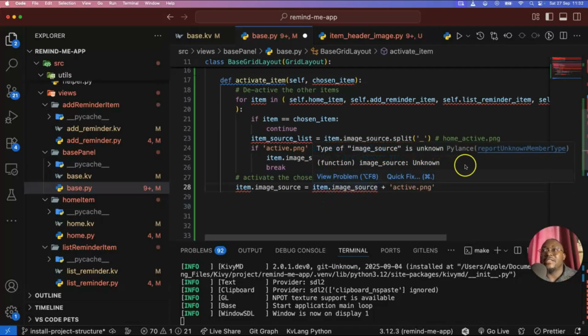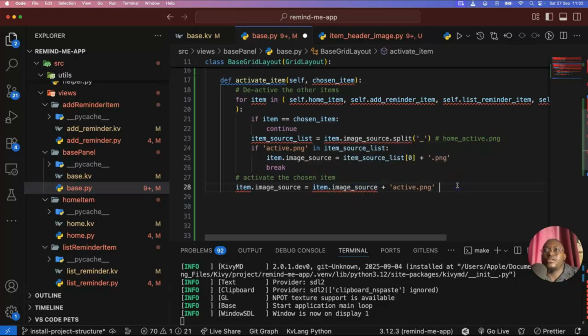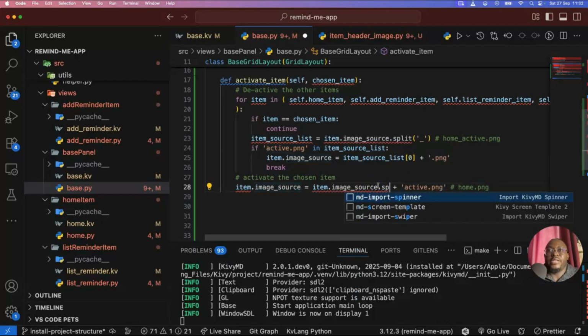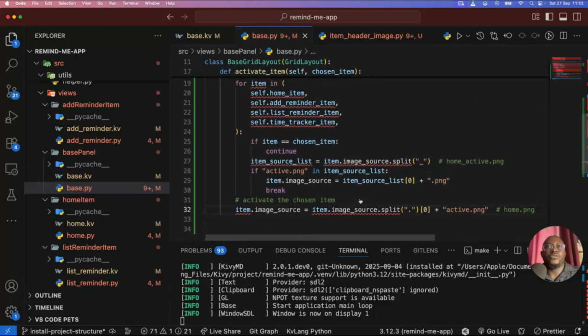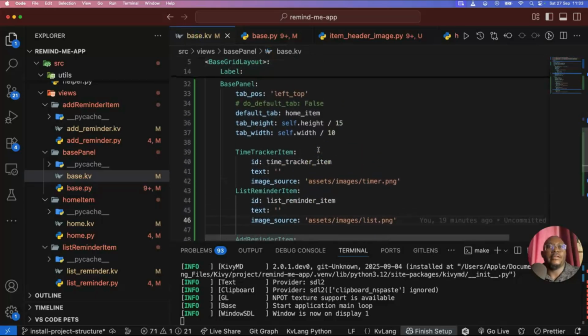So before we add the active.png, if it was first of all home.png, we want to make sure we remove the extension, then we add active.the extension. So in order to do that, I'm going to split at dot, and I'm going to extract the first item. All right, so once we have that, and hopefully no typos here, we can go back to our base.kivy